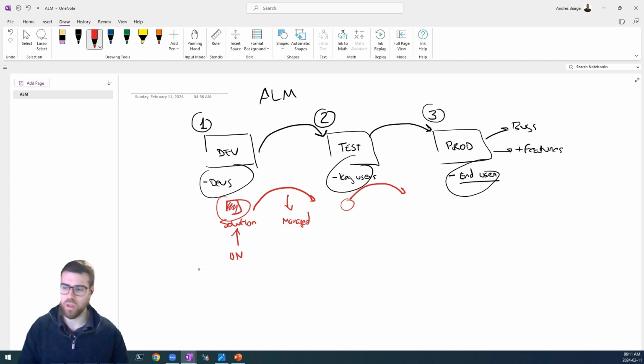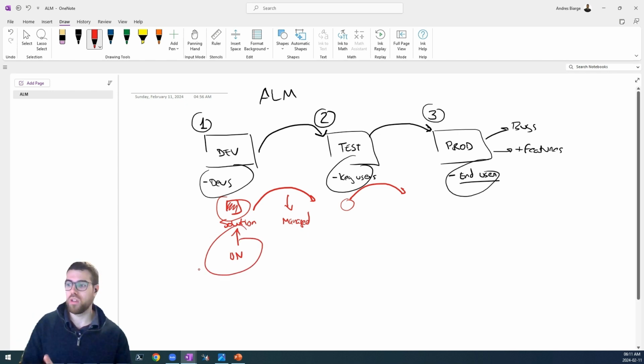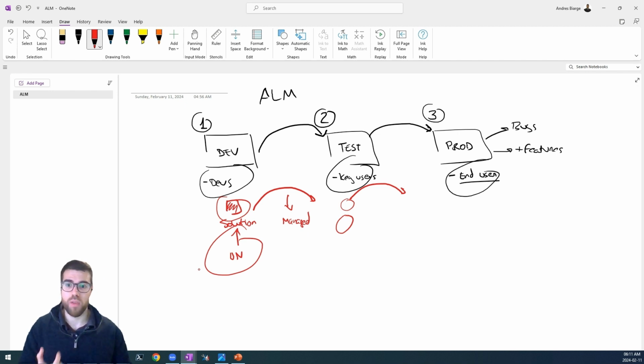This is a different discussion, but for starters, what you need to understand is that we develop here unmanaged solution, we deploy here managed solution, and this is the regular way of doing things that will, let's say, save you from introducing bugs or layers that are going to mess around with your versions of the components that you are